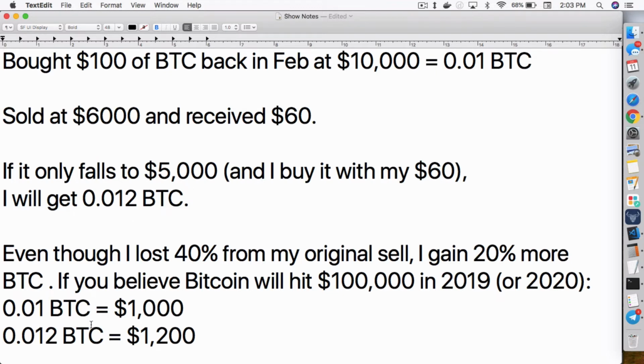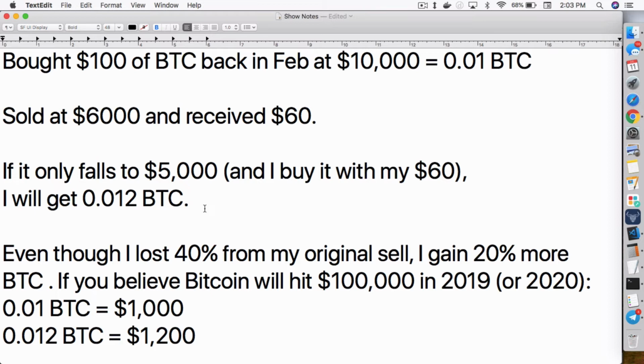0.01 BTC will get you back $1,000 when you sell it when Bitcoin is worth $100,000. Or 0.012 BTC will be worth $1,200. So basically, by doing this now, you're making another $200. You get back another 2 times your investment of your original $100 investment if you sell now and believe that